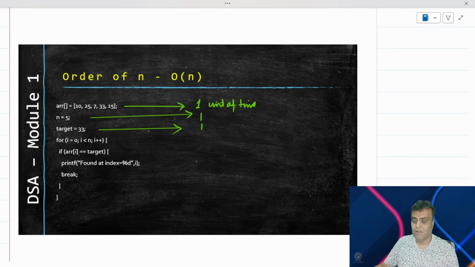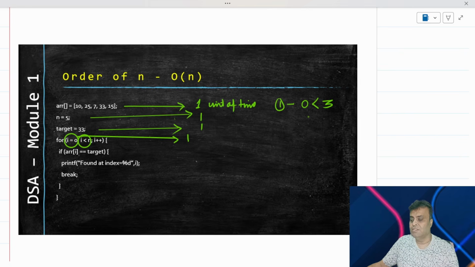Now we are into this for loop. Now let's be careful in this for loop. This i equal to 0 actually executes itself 1 time. When the for loop is about to enter, it will do this initialization, and hence this particular line executes with 1 unit of time. i less than n, how many times does this execute? So if you have n as 3 and you have i as 0, then the first time it enters the loop, it actually checks whether 0 is less than 3. So this is counted as 1 time.